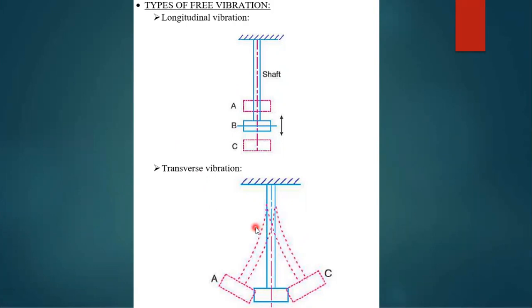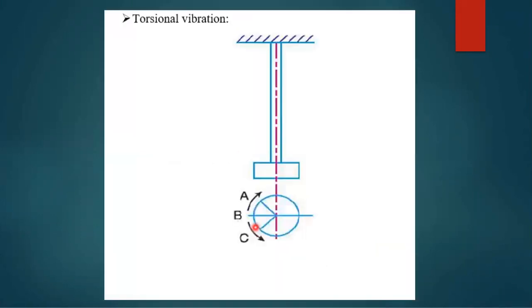So try to understand that in case of longitudinal vibration, we will be having tensile or compressive stresses. Whereas in case of transverse vibration, we will be having bending stresses. In case of torsional vibration, torsional shear stresses are induced. We will be seeing this in detail in this video. Torsional vibration is also called angular vibration. It's an angular vibration of an object, and generally it takes place along the axis of rotation.